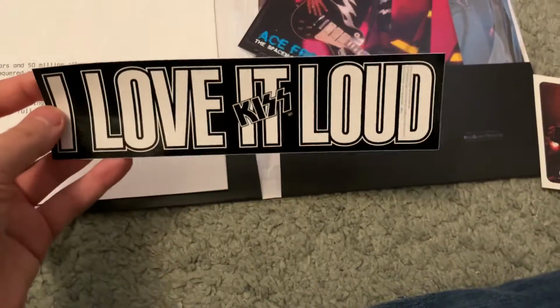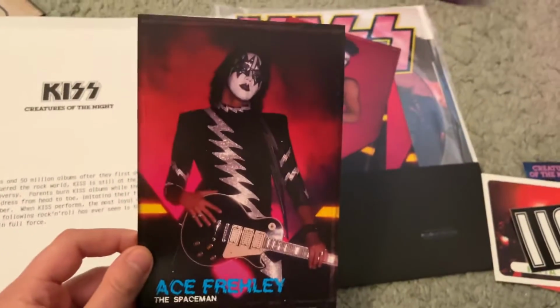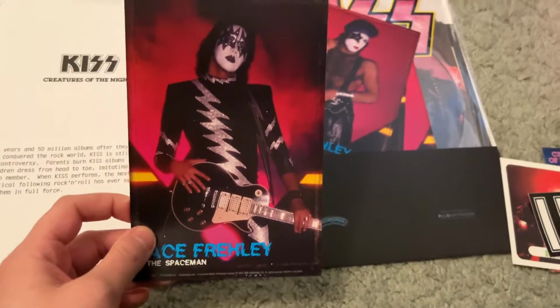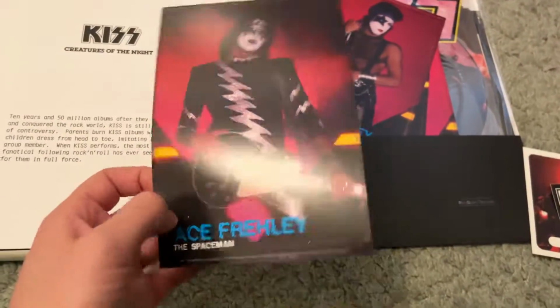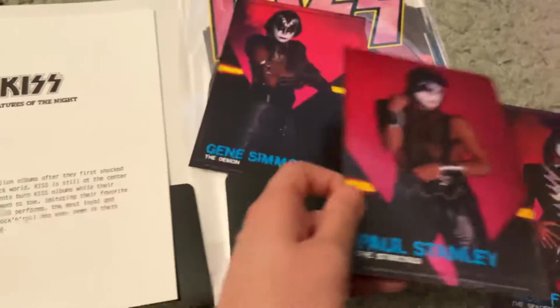This looks like it could go on your bumper. So if you want to tell the world that you love it loud, you can. These look like photos from the Creatures. Not Creatures. The Killers. When they did the Killers album. So that's pretty cool. So you got one Ace, Paul,